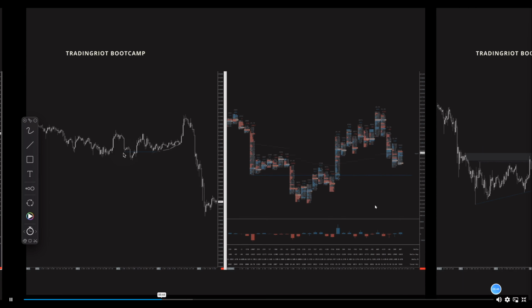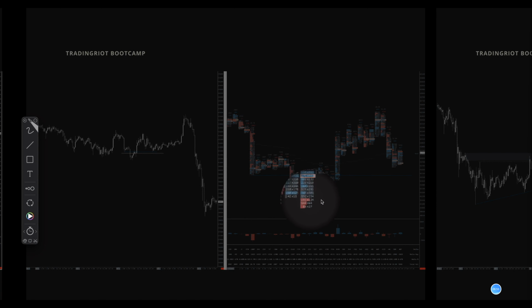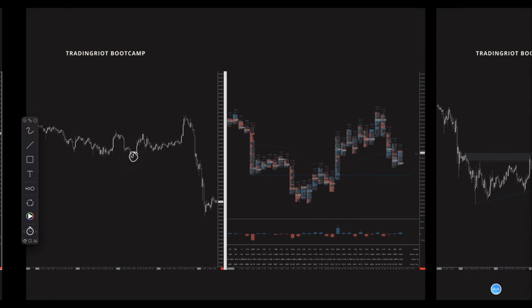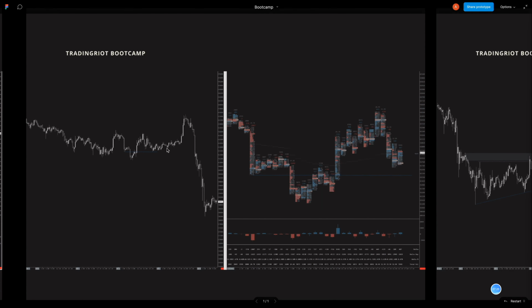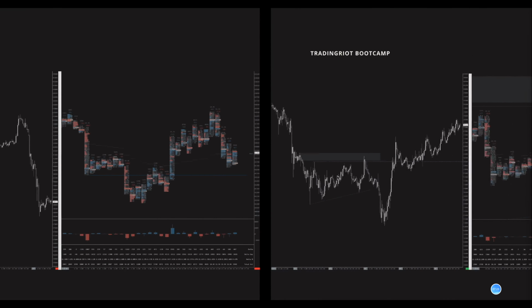But this doesn't change the fact that this QM, this over and under pattern with this sort of structure inside here, is more than a valid trade for you to take. After we get to the videos where I talk about each setup in detail, you would be already out from this trade anyway. Here you will be taking profit inside these prior resistance levels, so this is a different kind of thing, but it doesn't change the fact how valid this trade was. Okay,